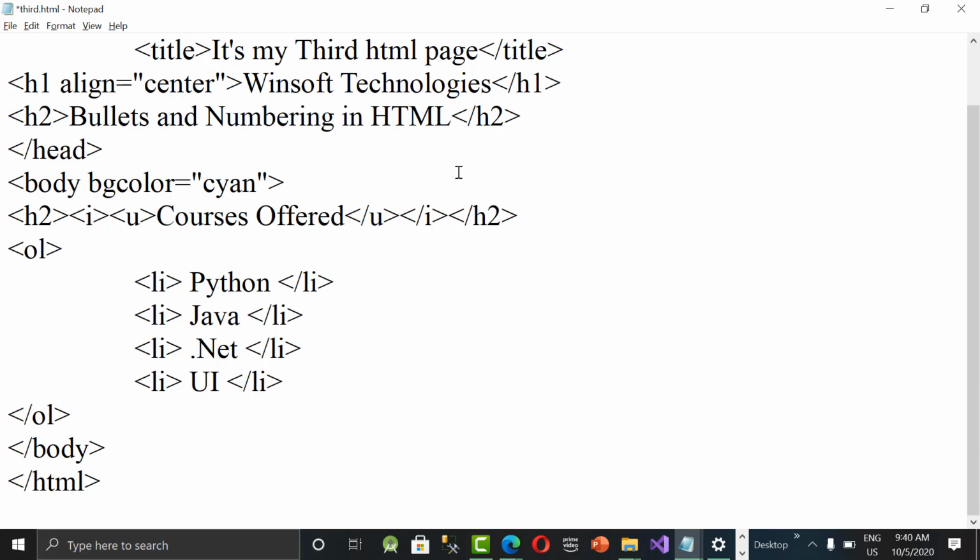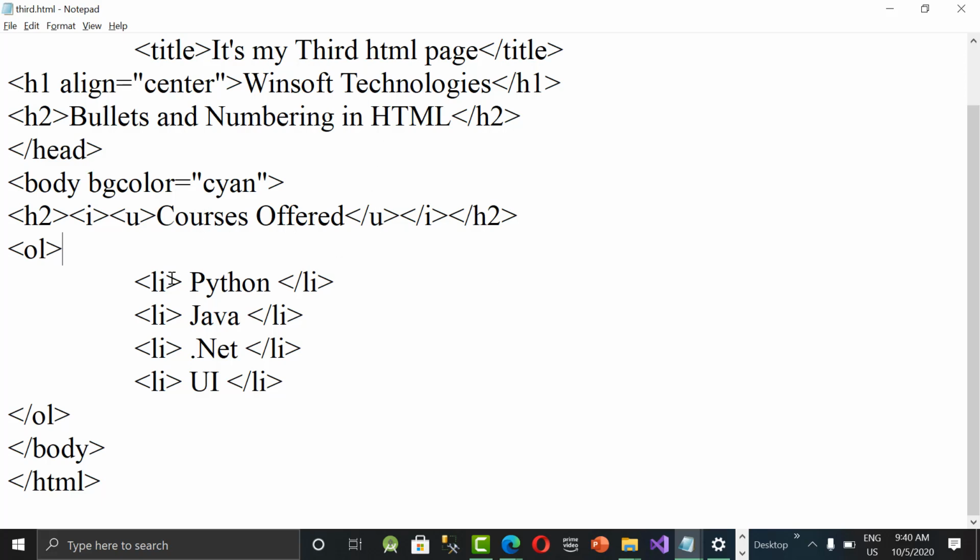Hope you got it. So whichever tag is opened last should be closed first. Got my point? This is said to be proper nesting. So the last tag which I opened is U, so I need to close that first. And then I tag open, then I close I, and then finally H2 open, H2 close. So this is the way to close the tags, depending upon the context.